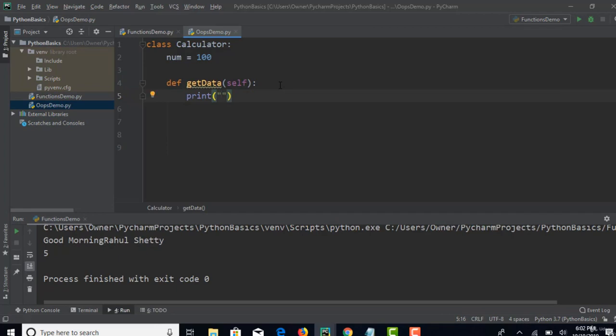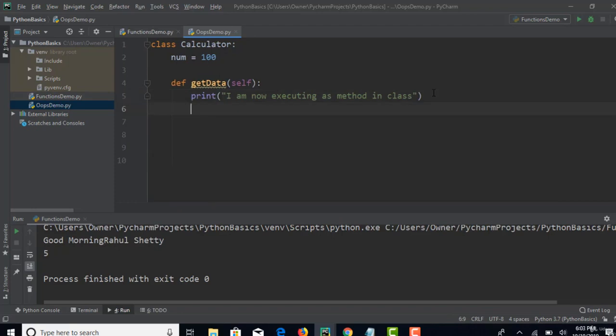You can type anything here, that I am now executing as a method in class, something like that. Right. That's all. So as I said, class will have variables and methods, and you can also say them as attributes or properties. Different languages have different terminologies to call, but in general you can say a variable and the method. Right. So now to call this get data method, if it is already present in the class,